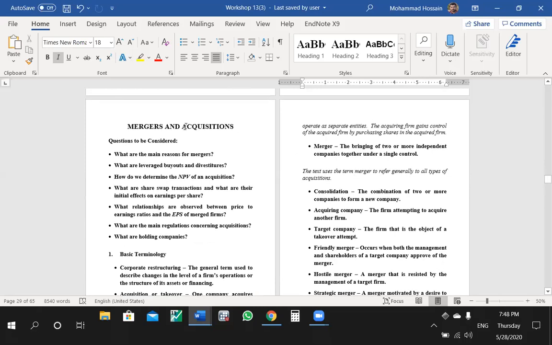See? Acquisition, when one company will buy out another company, that is acquisition. Merger means when they combine together. Two companies are combining together. It could be big, it could be small, doesn't matter. They're combining together. That is mergers. Okay. Yeah. And what else?